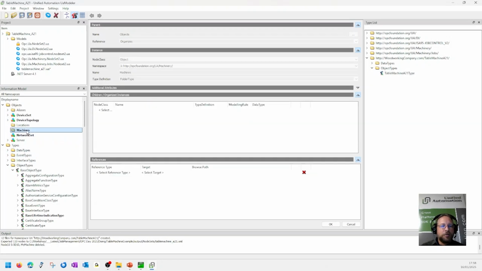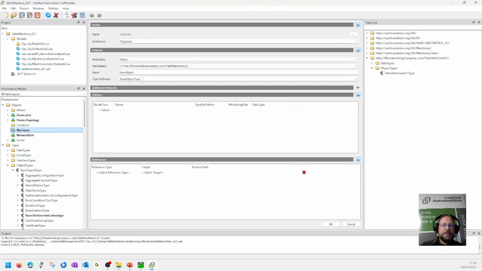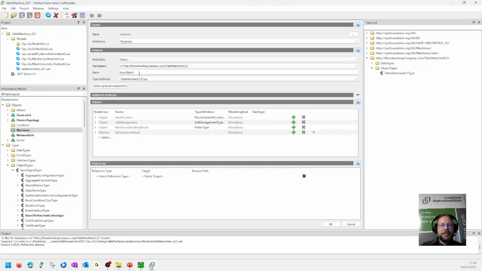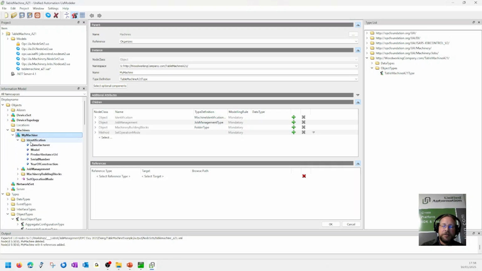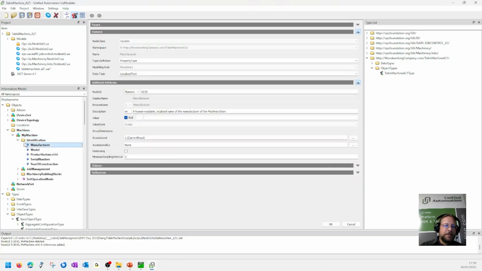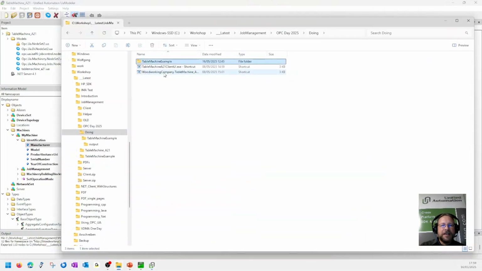So in the machinery specification, you're supposed to put your machines under the machines object, and I'm doing this, just adding an instance of the table machine type, and maybe call it my machine. And by doing this, I'm creating an object here in my information model, having all the infrastructure in place, as you've just seen on the type. And just to show this, for the manufacturer, for example, this is typically static, I can put in my company there, and I can store this, and then I can use this for code generation. So I just need to click on this one here, and then in the background some files get generated, and while they get generated, I can already